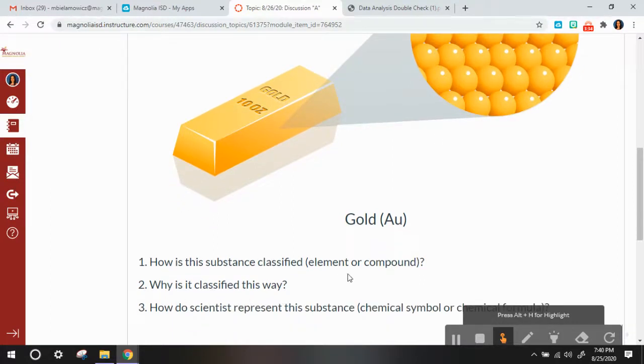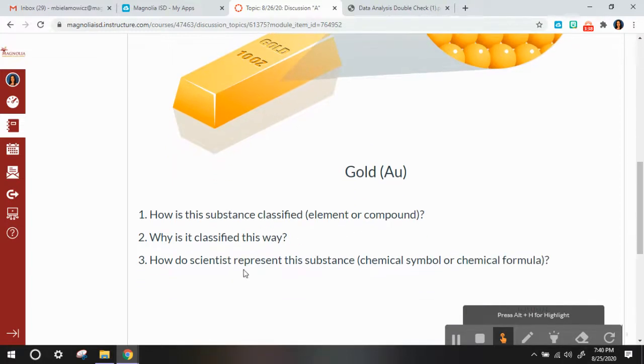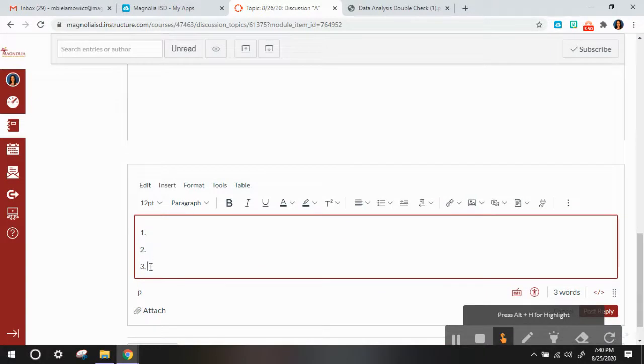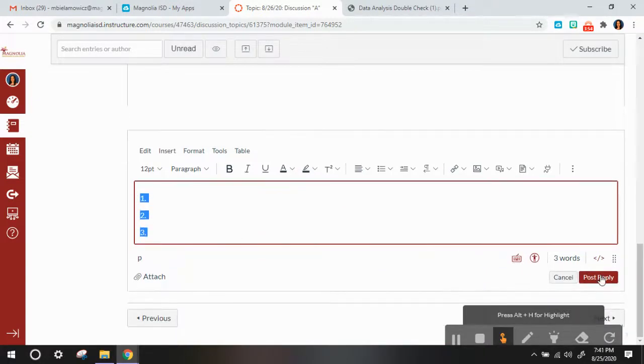And then once you figure out whether it's an element or a compound and why it's classified that way, then I also want you to tell me how scientists would represent this particular substance. Would they represent it with a chemical symbol or would they represent it with a chemical formula? So once you answer all 3 of those questions in the 1, 2, and 3, then you will post your